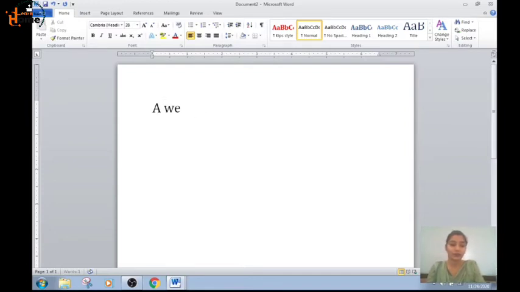A web browser. Wherever the cursor will be, that will indicate that the text that we type will start from here. So now here is the cursor. It indicates that our text will start from here. This is the blinking line, right? This is the